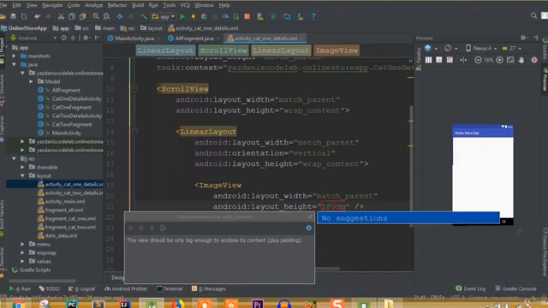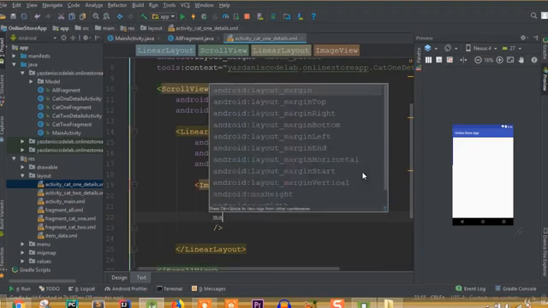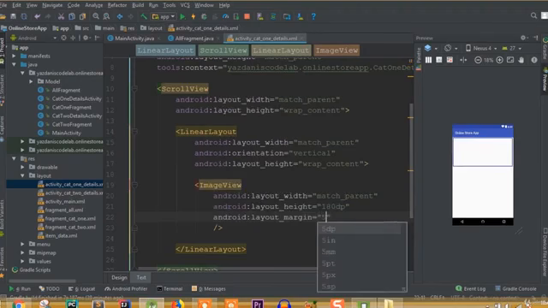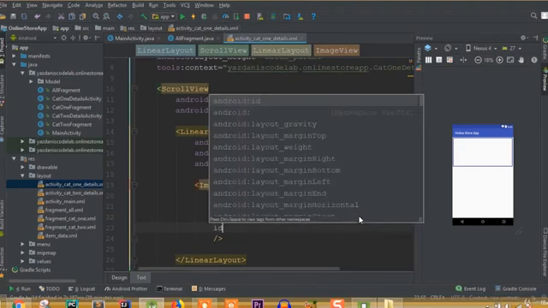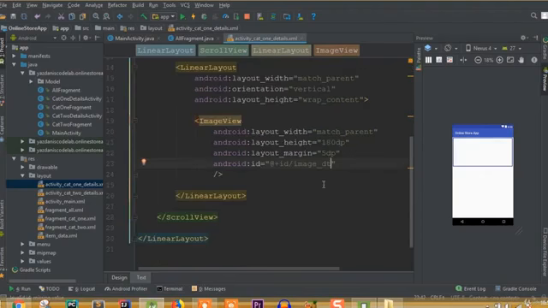For image view we can choose height 180 dp. Layout margin 5 dp, and ID, we can call it image